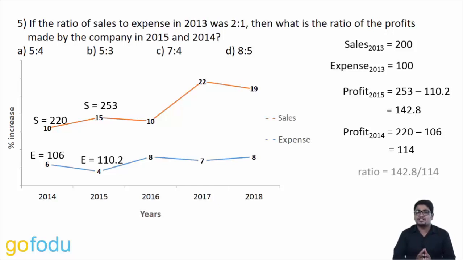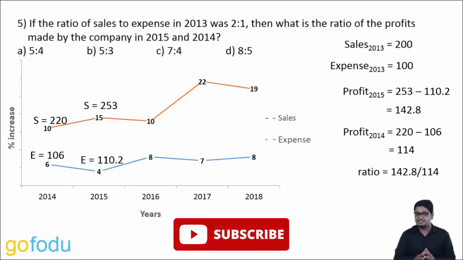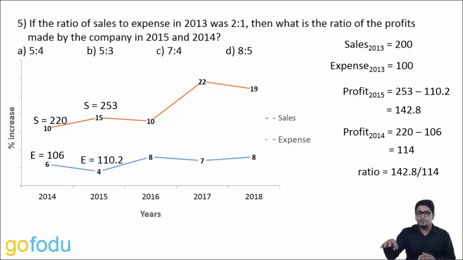So, the ratio comes out as 142.8 divided by 114. Calculations like these come very often in the data interpretation section. I have made a separate video on how to calculate these divisions within seconds. That's right, within seconds. Please refer to that for explanation. Link is given in the description below the video. Right now, I am writing the final answer as 1.25. 1.25 is nothing but 125 upon 100 or 5 by 4. So, option A is the correct answer.